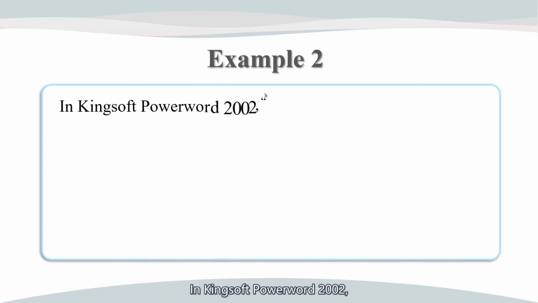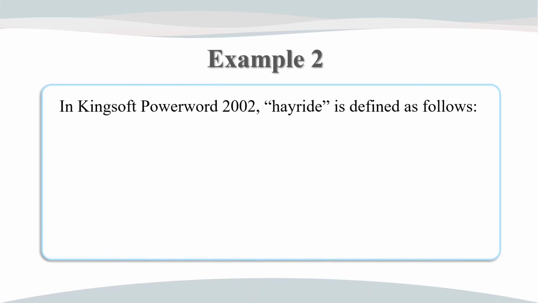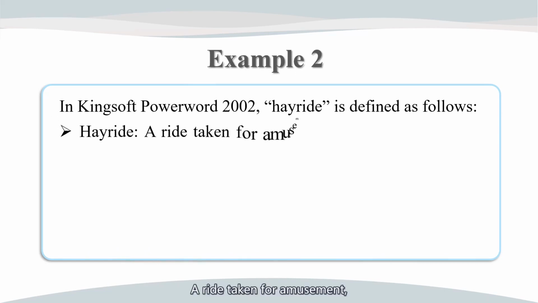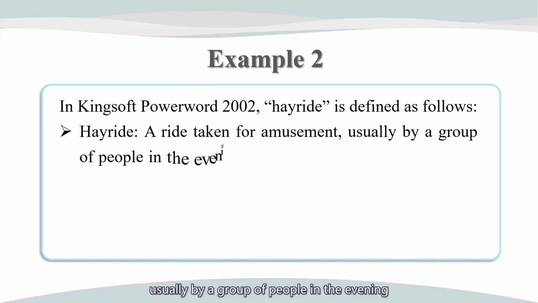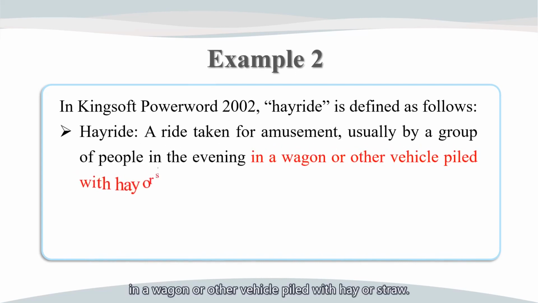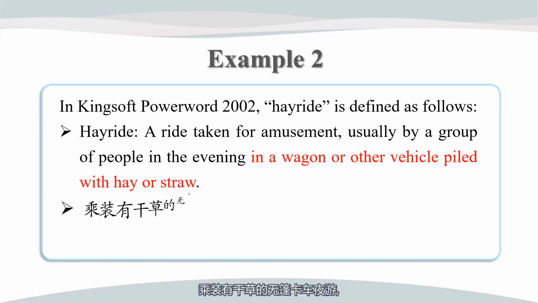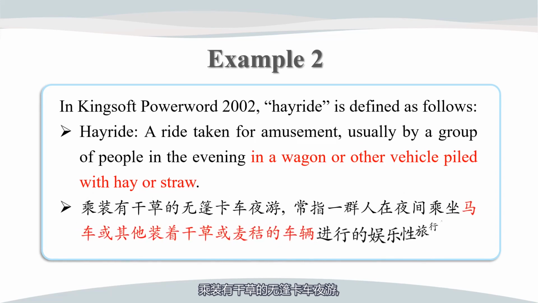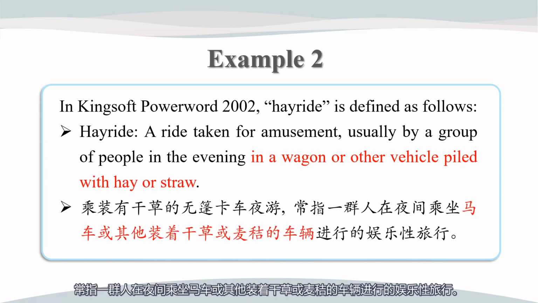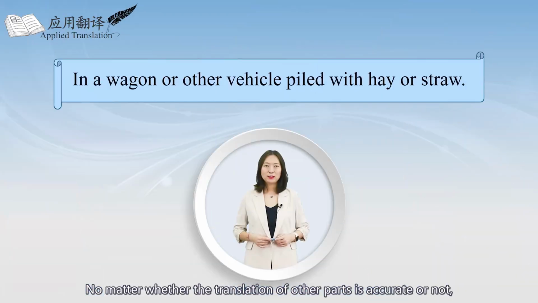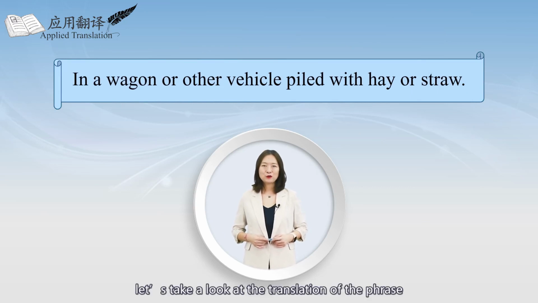In Kingsoft Power Word 2002, hayride is defined as follows. A ride taken for amusement, usually by a group of people in the evening, in a wagon or other vehicle piled with hay or straw. 乘装有干草的无棚卡车夜游，常指一群人在夜间乘坐马车或其他装着干草或麦秸的车辆进行的娱乐性旅行。No matter whether the translation of other parts is accurate or not, let's take a look at the translation of